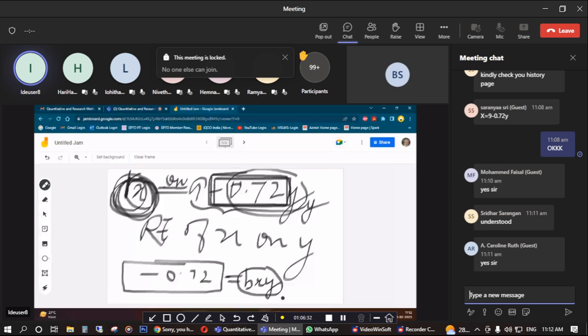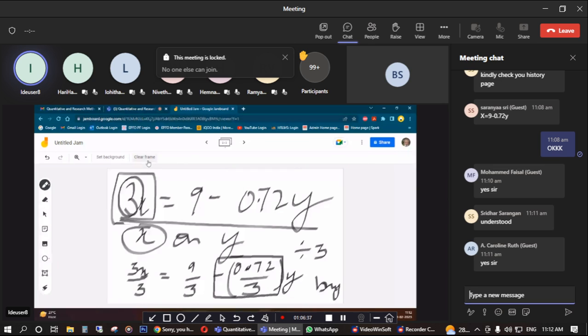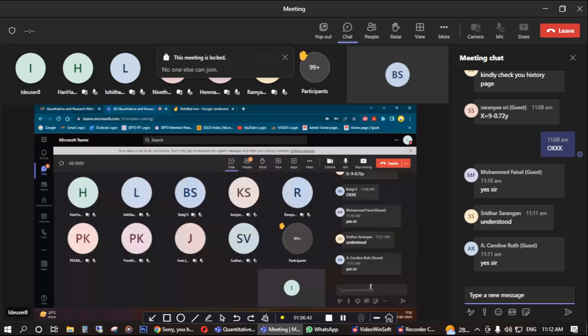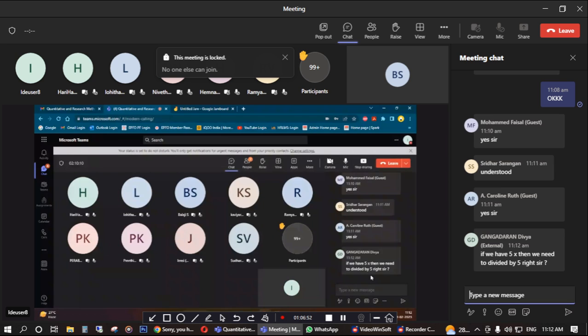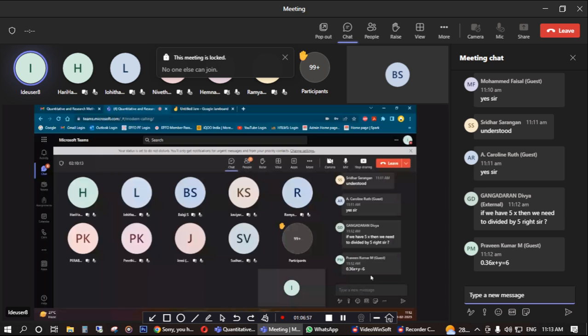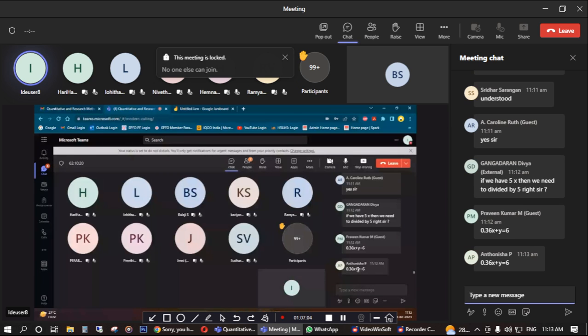இப்போ next equation பாருங்க. Can you please give me the next equation, please? That is the second equation. Please give me the second equation. Y oda equation. If we have 5x, then we need to divide it by 5, right, sir? Absolutely right, Gangadhar. Okay, ma, inga paranga. Oh, again here there's no coefficient. Coefficient of y enna 1 da. Okay, so ipo vande